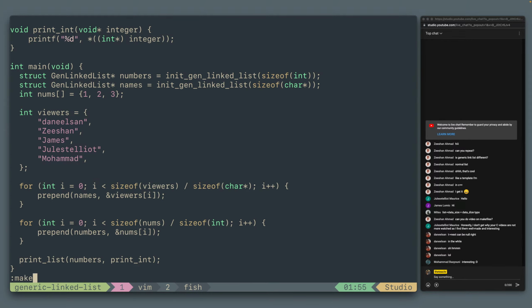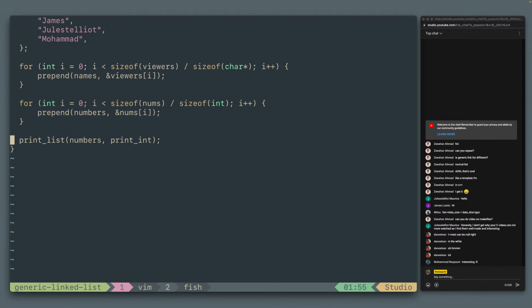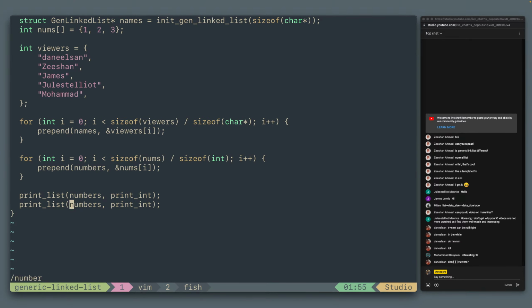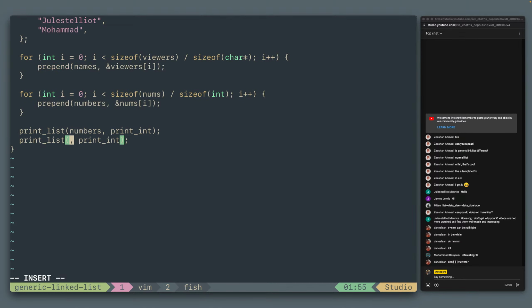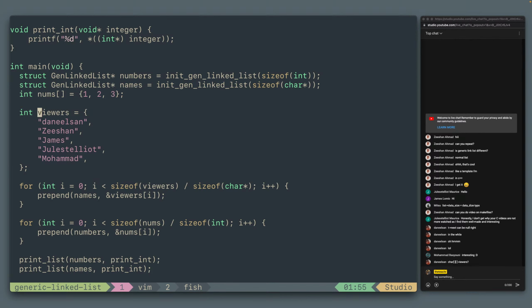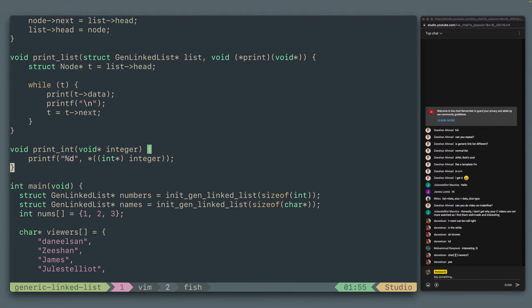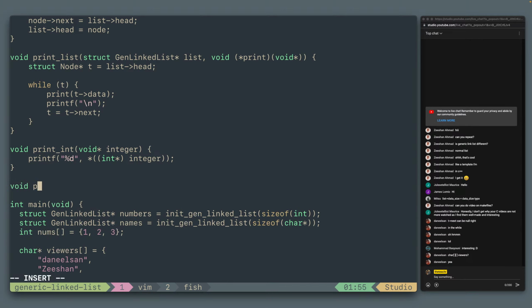Right? If I do, I'll also have to print list of numbers, names. Oh, yeah. Yes, absolutely right. It's going to be an array of pointers, so not exactly that way, but it's going to be character star viewers and then the square brackets. Yeah. And it's not going to be print int, so I'll need a print